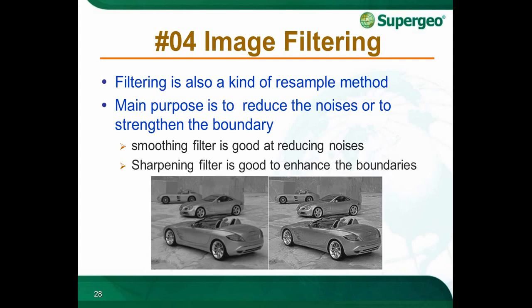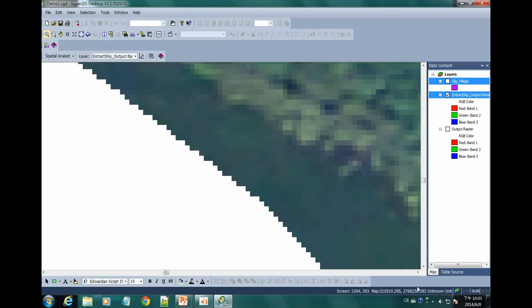There are two kinds of filters: the smoothing filter is good at reducing noise, and the sharpening filter is good at enhancing boundaries. So now please let me head back to our